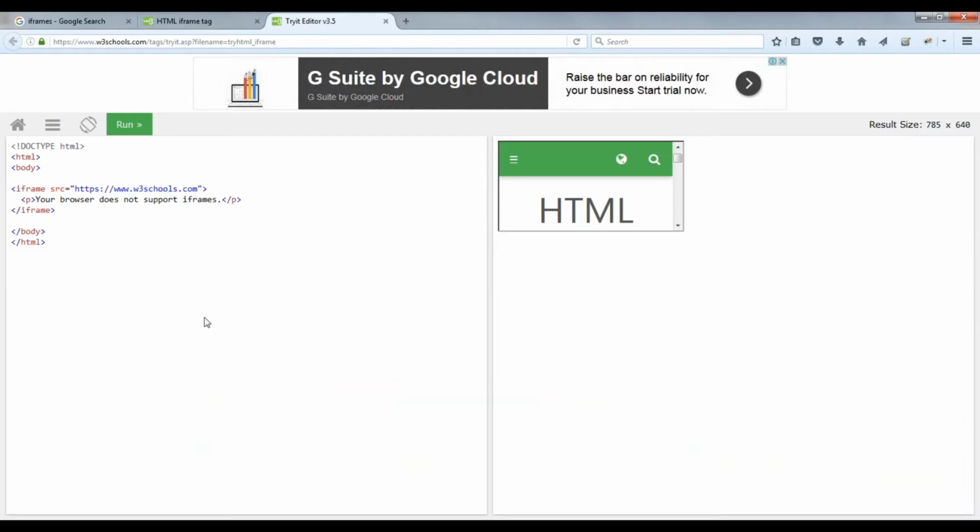Whenever we work on one HTML page, that is the master HTML page, or you can also call that the default content. Whenever we embed something, that is called an iframe. Inside that iframe, I will have one more HTML page which is embedded like this.